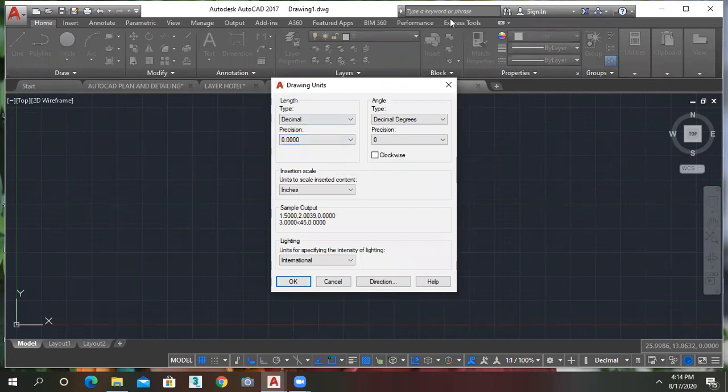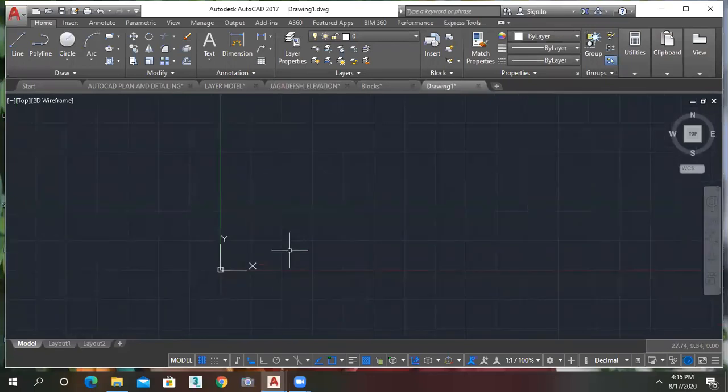Just type in the chat box. Meter, okay, no problem. Keep the decimal for the meter and keep the precision as you like, 0.00. Click on meter. For angle, I keep degree. So the unit has been set.